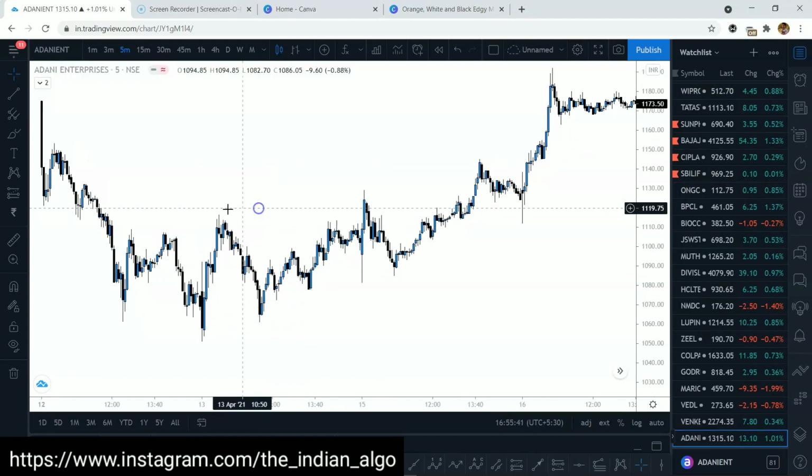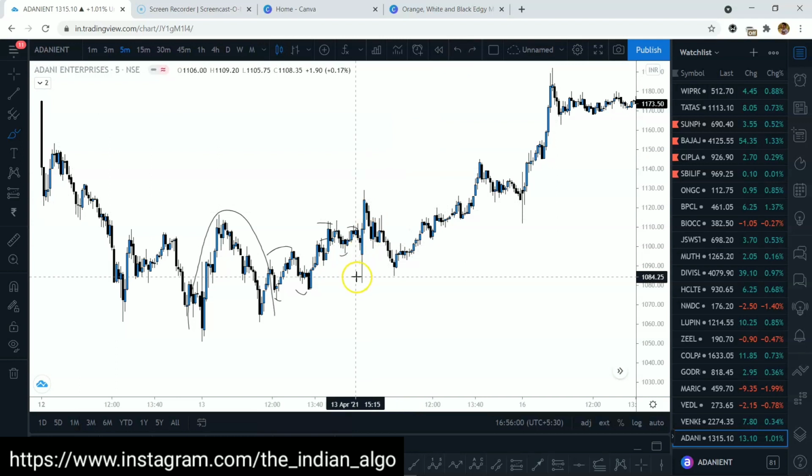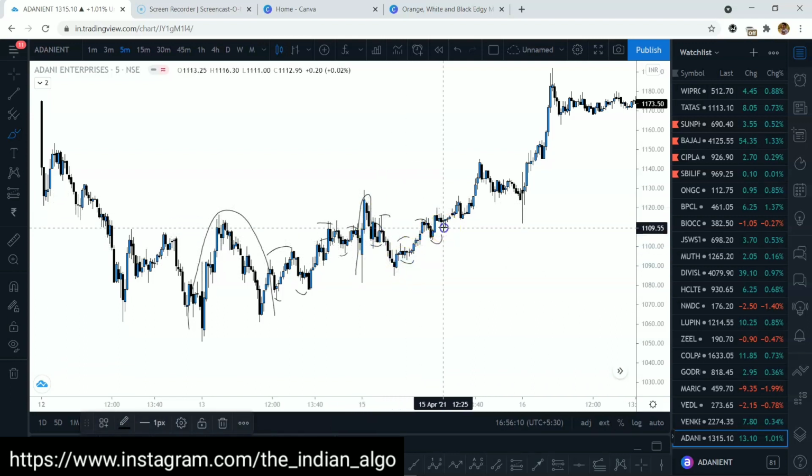So this is another example that we have here on Adani. We get this volatile move, we let the contraction occur. Now on the next day, as this candle forms up, if we had a small range, we could have definitely entered and expected the price to go higher. But if you see, there is another volatile move higher. So you let the price come back, the contraction starts off here itself. So yeah, this is something that you would probably miss.